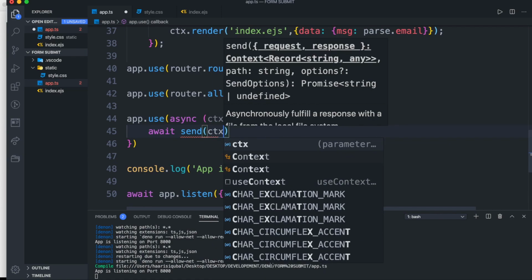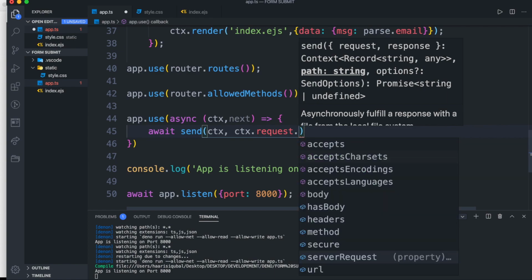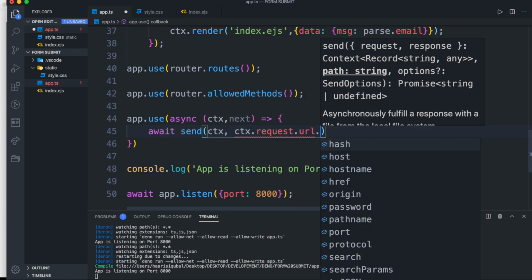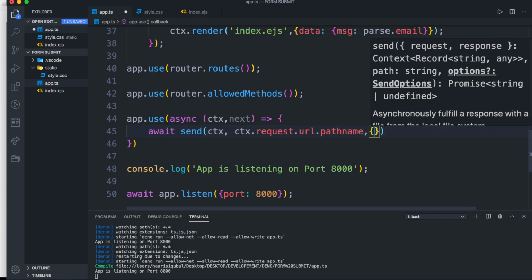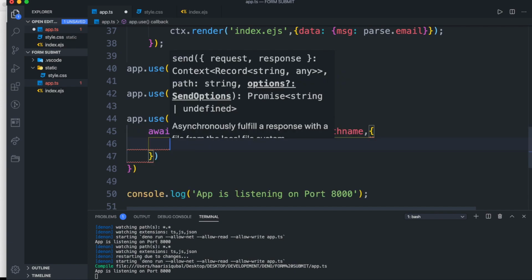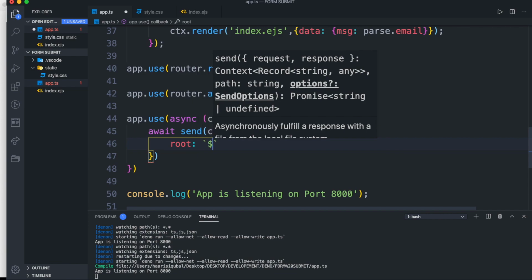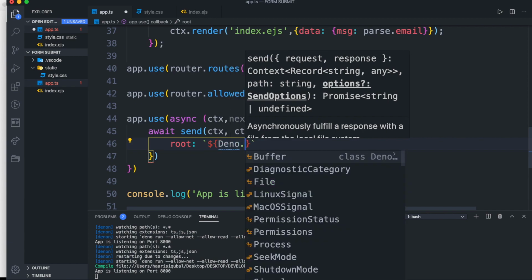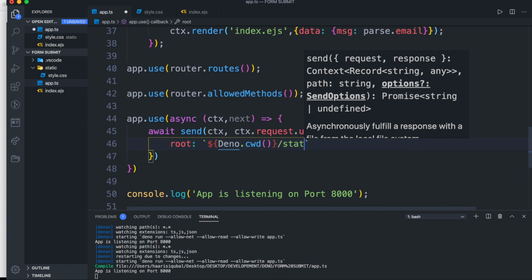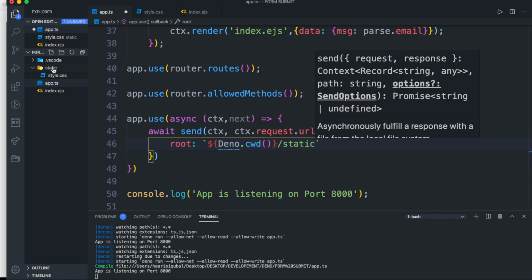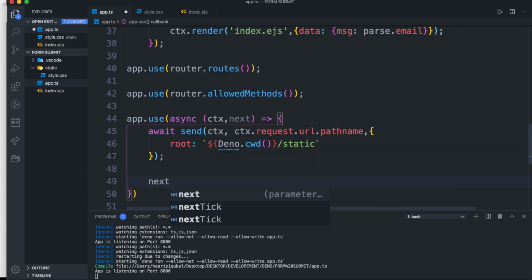Inside the send function, we need to pass the root directory which serves our static folder publicly. Now pass the next statement.